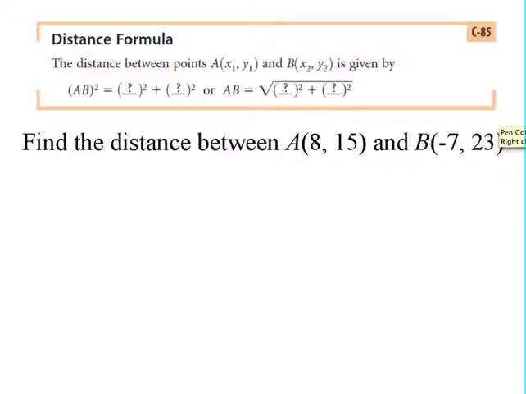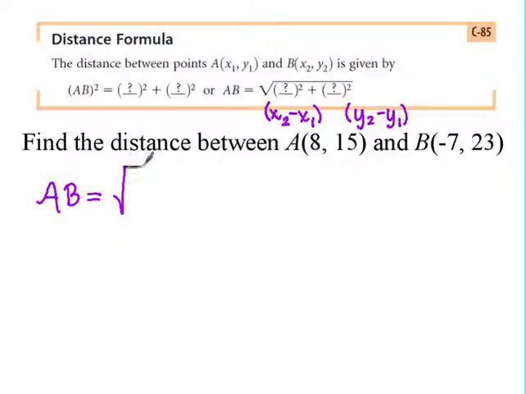So now this is what you're going to do. This is going to be the square root of x2 minus x1, squared, plus y2 minus y1, squared. So essentially what you're doing is you're subtracting the x-coordinates, and you're subtracting the y-coordinates, and you're just applying the Pythagorean theorem. Okay, so find the distance between A, which is at 8, 15, to B, which is at negative 7, 23. So if I want to find the distance between A, B, that's going to be the square root of